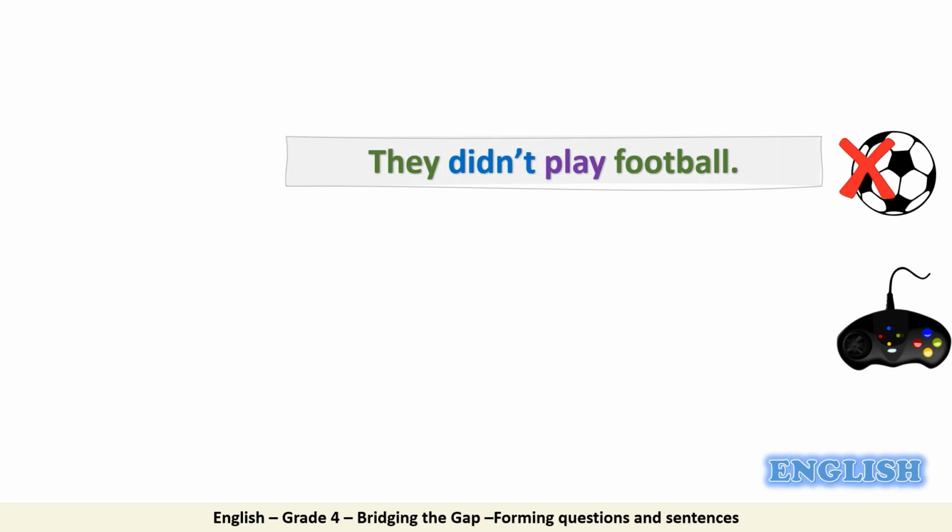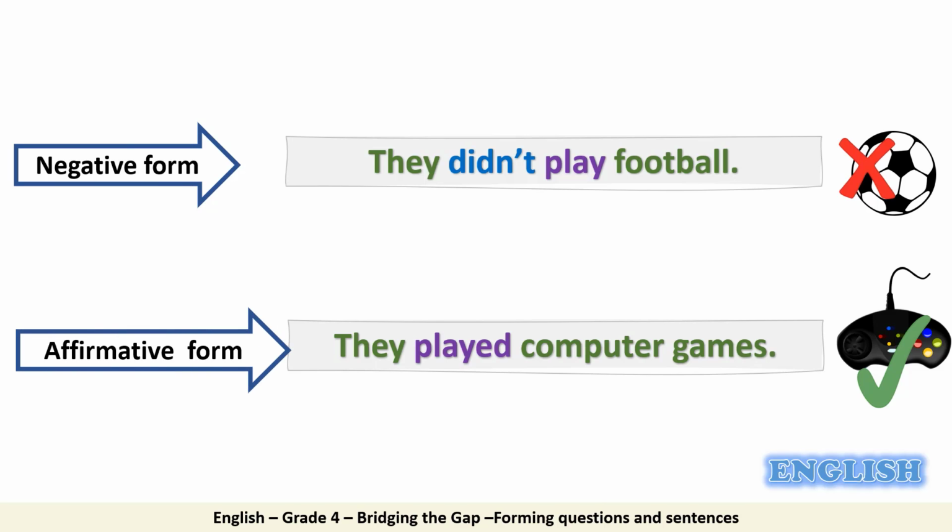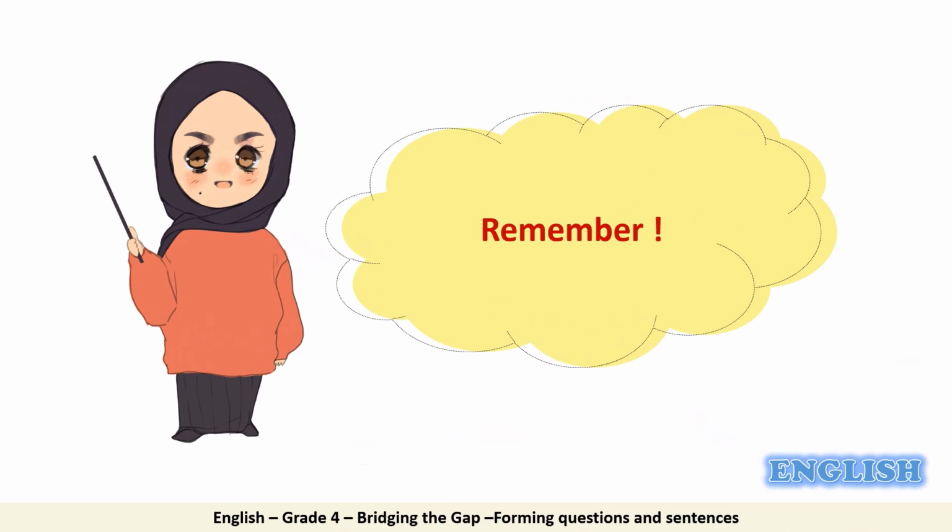Let's have another example. They didn't play football. They played computer games. Now tell me, which one of these sentences is the negative form? Very good. Number 1 is written in the negative form and the second one is written in the affirmative form. Now, pay attention to didn't play. Didn't play is the past negative form of the verb played. Remember,